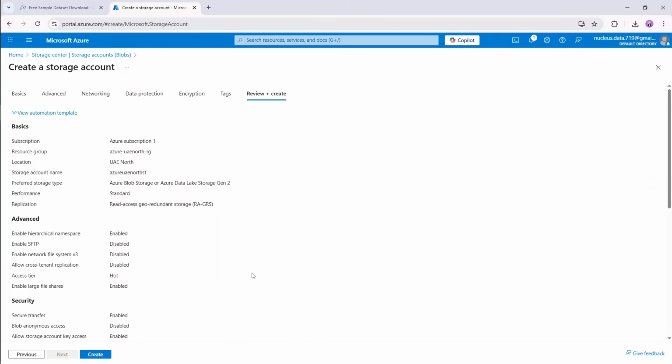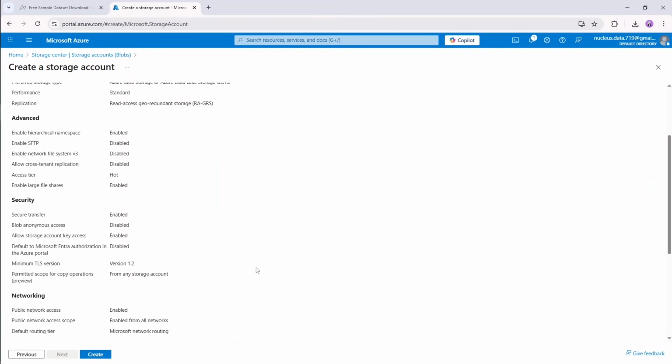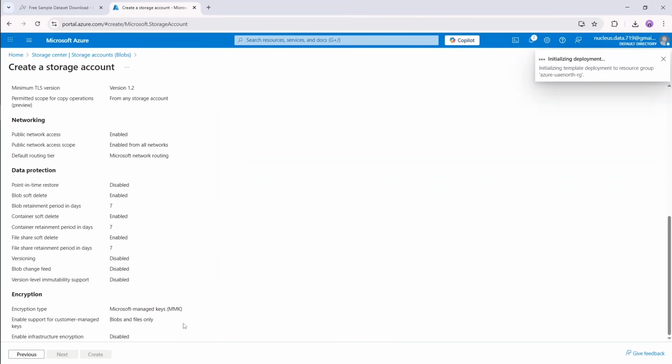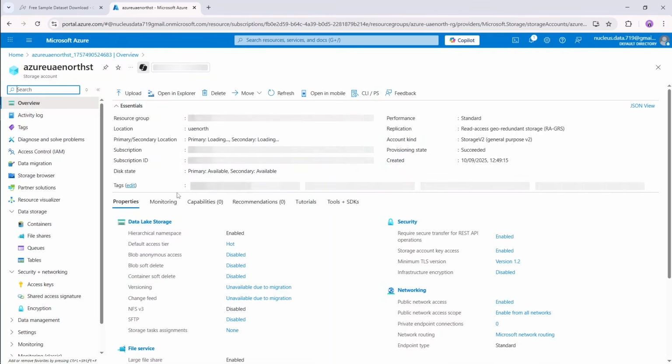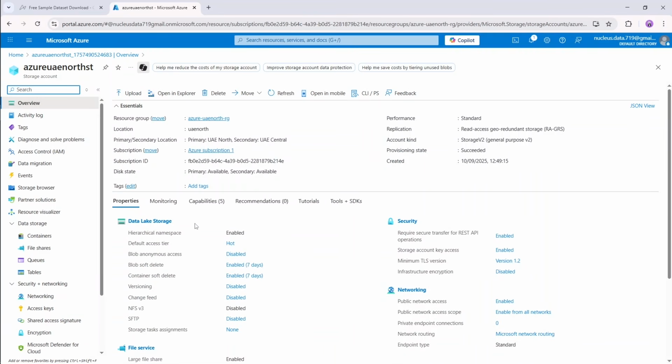Once the validation completes, you can see here the options which we selected, and click on create. Once the deployment is completed, we will have to select where our data will be moving to. So click on go to resource, and you can see here are a lot of options like data lake, storage, security, and in the left menu there are overview, activity log, tags, data migration, events, storage. But you have to go to the containers under the data storage. Click on it